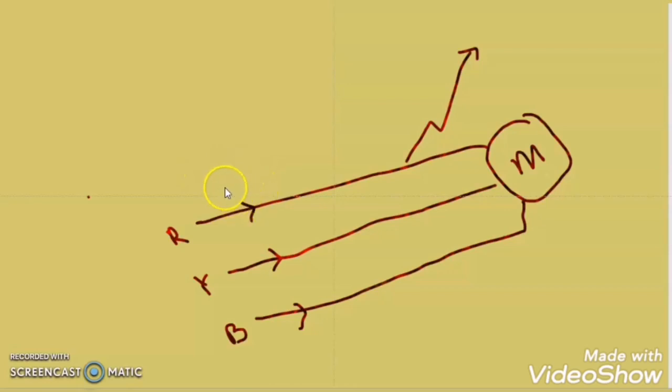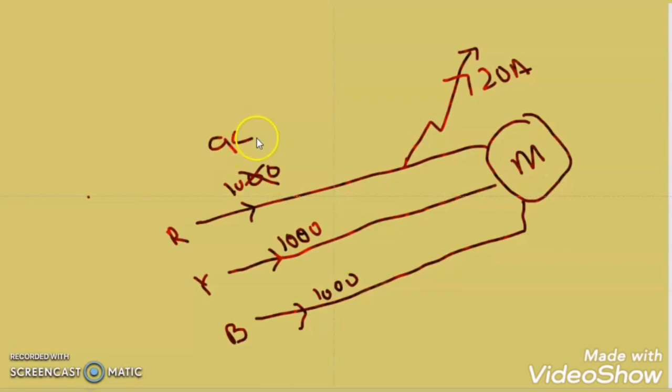Now let us take another example. In the previous case, the current drawn by the motor at full load condition was 100 ampere. But let us take this time the current taken by this motor as 1000 ampere. Just take an example, 1000 ampere. And suppose in this case the earth leakage current due to the earth fault is 20 ampere. So after the earth fault, the R phase will have a current of 980 ampere, and the Y phase 1000 ampere,